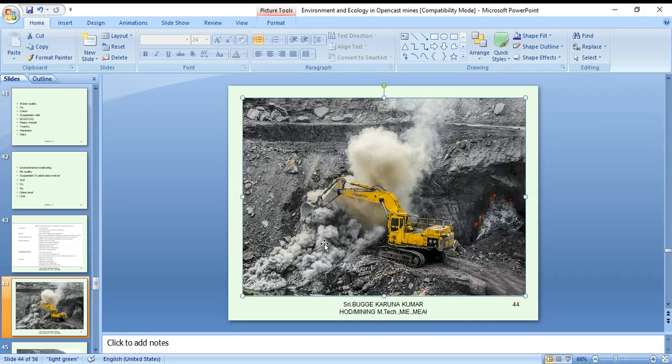In such a situation, there will be huge fumes from outside. One is the dust as well as the burning material also. This is one of the environmental factors of concern.